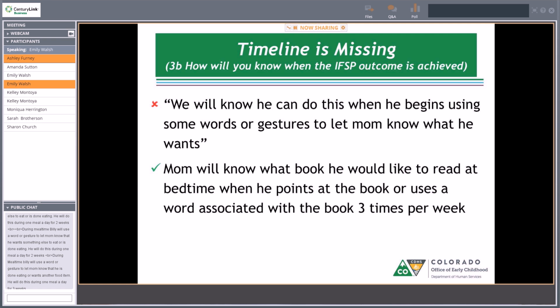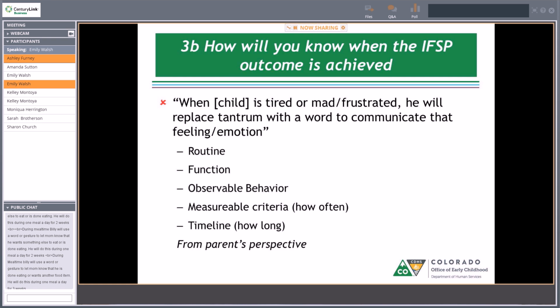Well, I feel like Emily's going to say, yeah, it's great. But it's very clear for the family. They're going to know when that occurs. Yeah. And I think you could even be more specific if it's already going to be hard for the family, with just at breakfast time or just at lunchtime. Because we want to give the family a way to easily see progress and know,